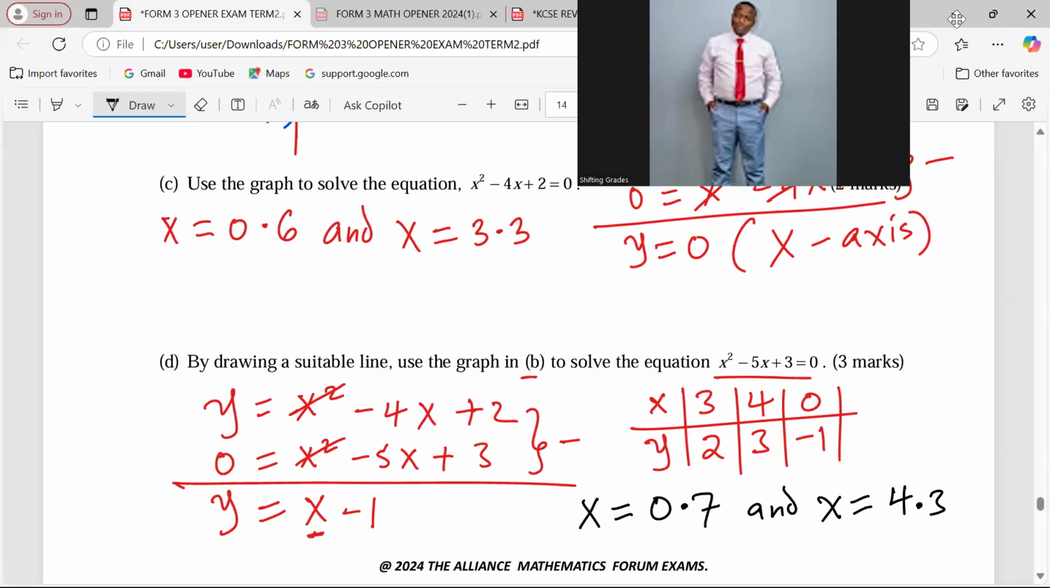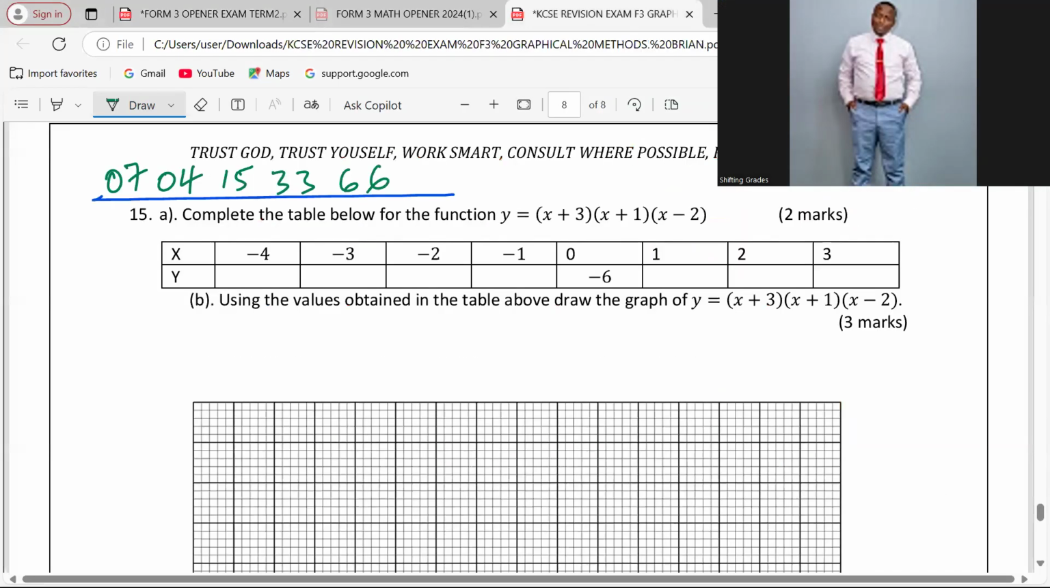All right. Now, let us look at when the function is a bit different. Complete the table below for the function y equals x plus 3 into x plus 1 into x minus 2. So the first thing we're supposed to do for us to come up with the table of values,